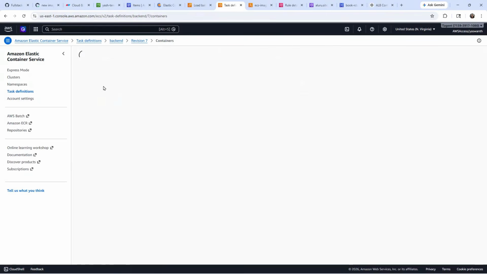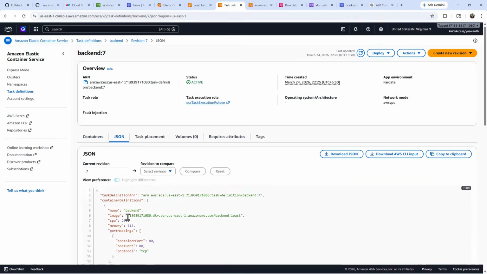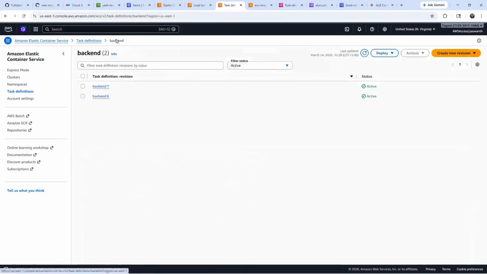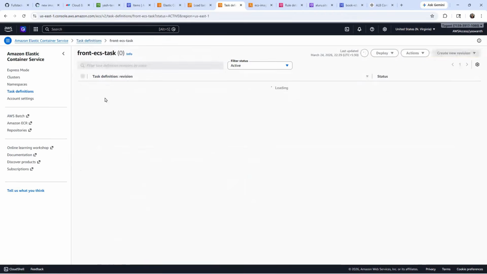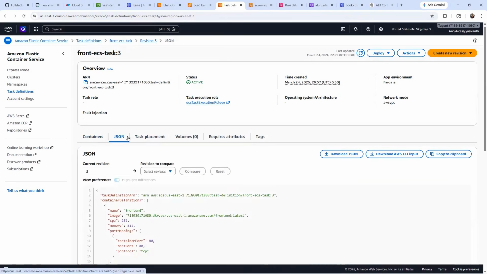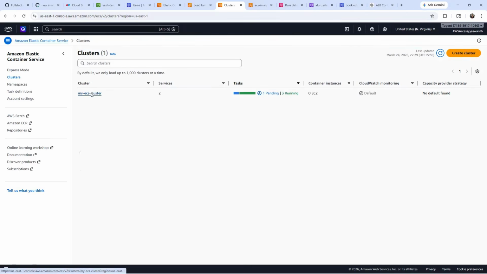Open 7. See, this is the latest image. Okay, backend dot 7. And coming back to the front end, we will check it also. Go for front end. In the front end, task 3, and here it's updated, and the image is latest. Okay, and now if you go for the clusters,